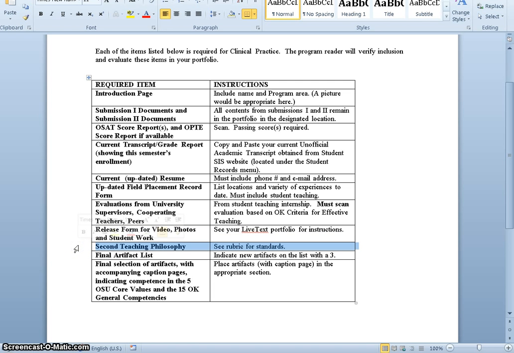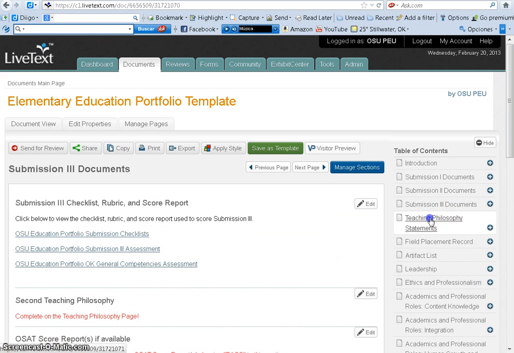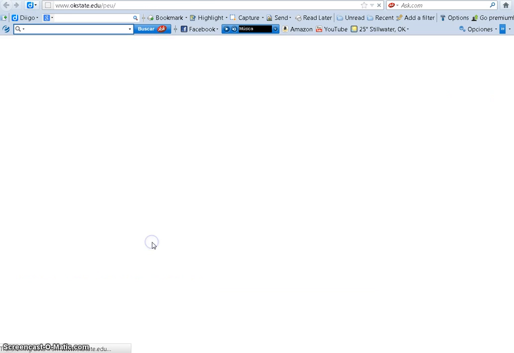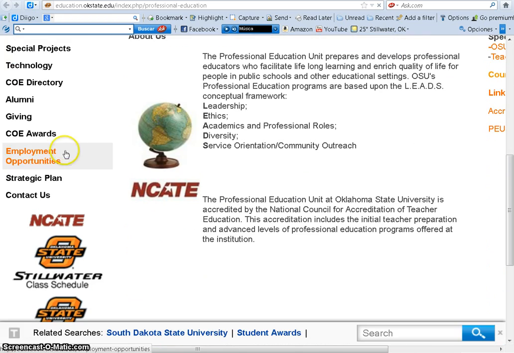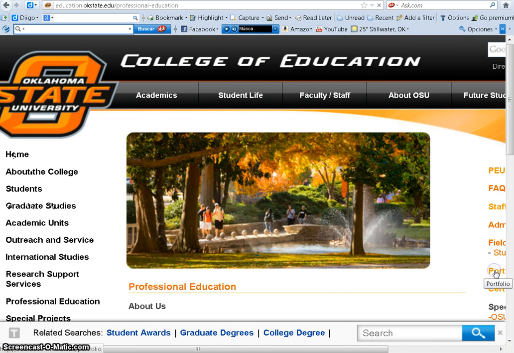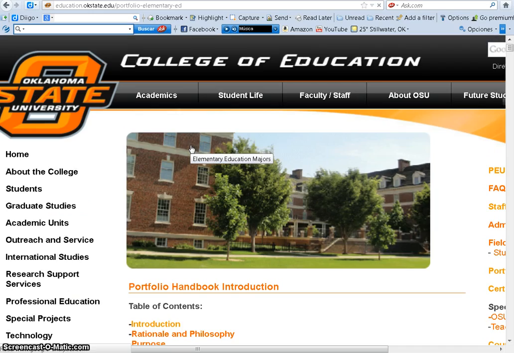Okay, the next thing is the second teaching philosophy, and it says see rubrics for standards. I'm going to go back to the template here, and under teaching philosophy statements, you already did your first teaching philosophy, and so now you're working on your second teaching philosophy. And if we go to this link that's within your account, and then we go to professional education, and then portfolio,